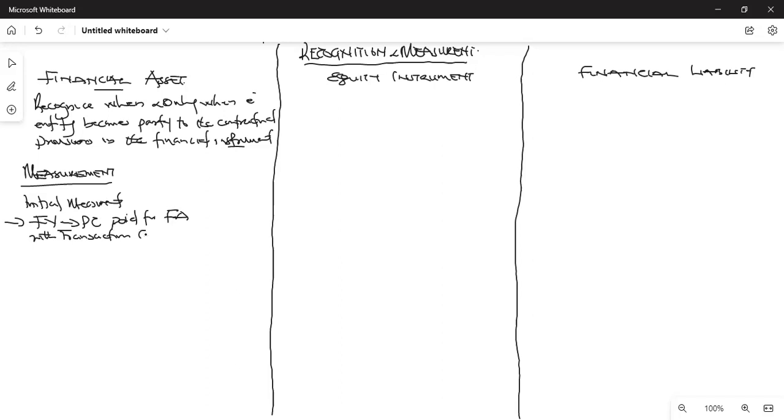So the initial value of a financial asset is going to be the purchase consideration plus the transaction cost, unless transaction cost or issue cost